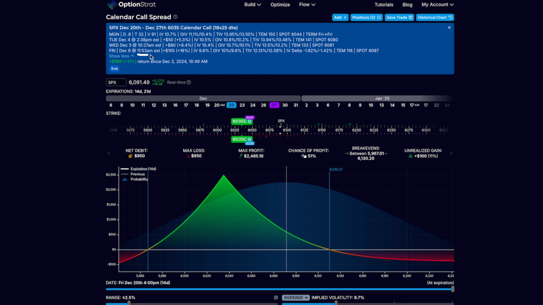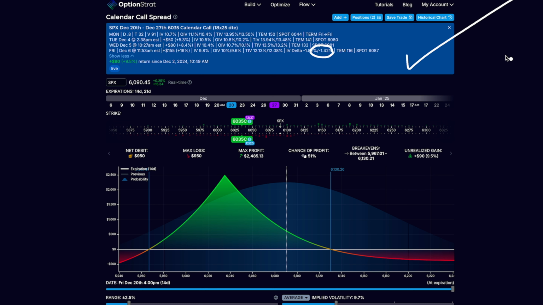Now earlier today, just under 2 hours ago, I took note of when the position was over 15%. This is what the implied volatility was. It was about a 1.82% reduction in implied volatility for the front month. Since when I opened the trade, it was 13.95. Earlier today, it was 12.13. That's about a decrease of 1.82. And look at our back month. It went from 13.5 to 12.8. That is a reduction of 1.42. The front month reduced in implied volatility much faster than the back month, and that is a bonus for calendar